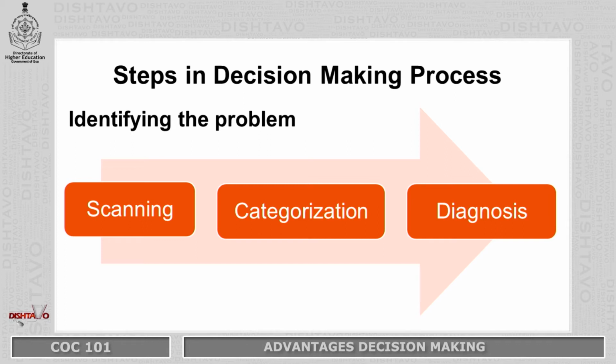Take for example, if a manager expects the worker to produce 10 units in a day, and the worker produces only 5 units, that creates a performance gap. So, that is the first stage, scanning the performance gap. Second one is categorization. Under this stage, management understands the performance gap. He categorizes the situation and finds out whether it is problematic or not. And third step is diagnosis. Diagnosis is simply collecting data about the problem. All the data relevant to the problem is collected.